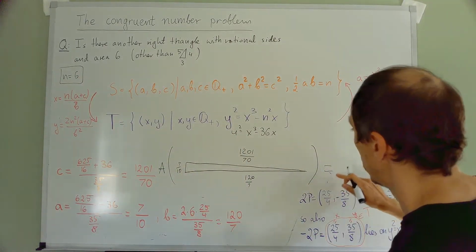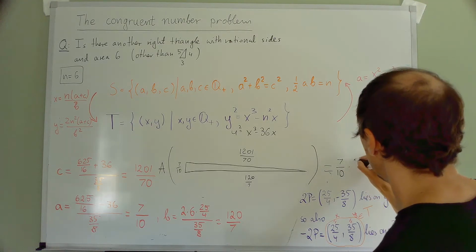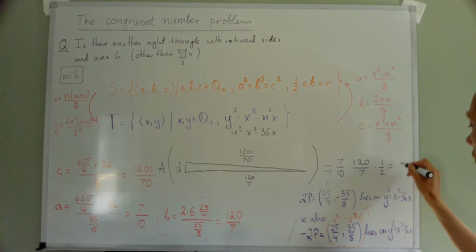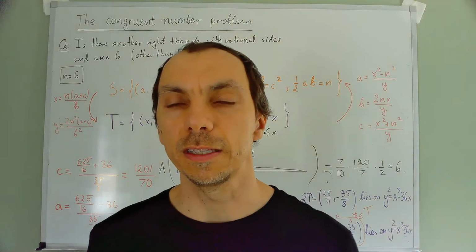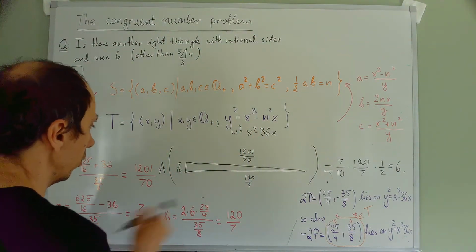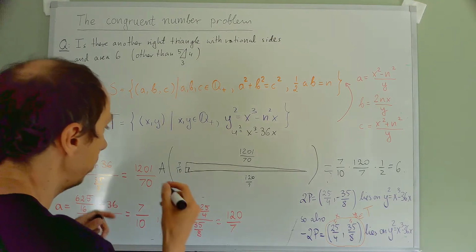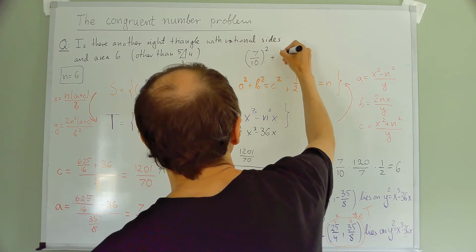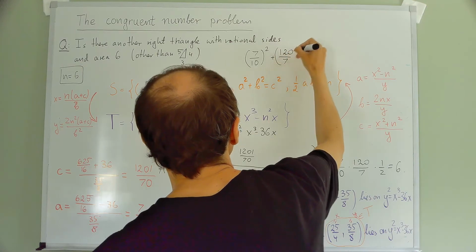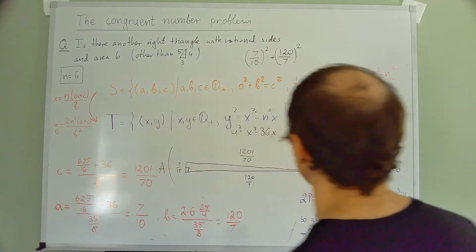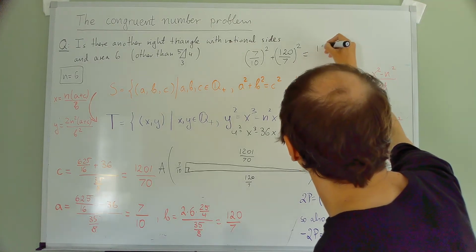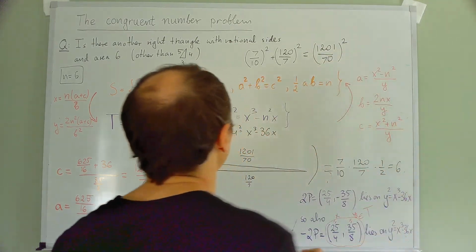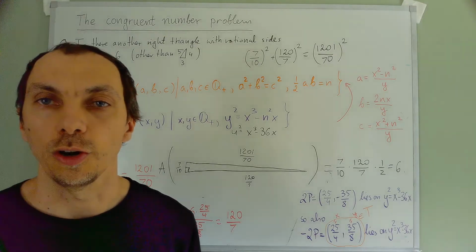What do I get? It's one leg times the other leg, divided by 2. That's 6. That's victory, right? We wanted to get 6. How do I know it's a right triangle? How do I know this angle is right? I can just check by the Pythagorean theorem. So 7 over 10 squared plus 120 over 7 squared. All right, I'm not going to do this check. You can just use a calculator. That's the same as that. So this is another